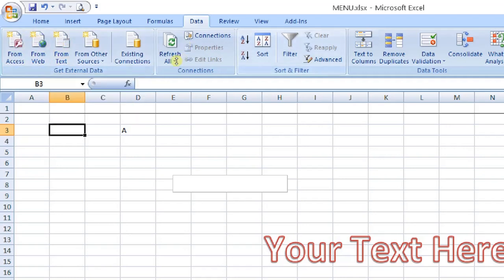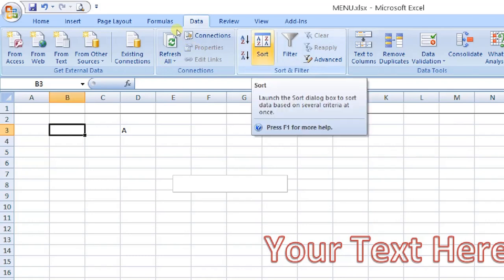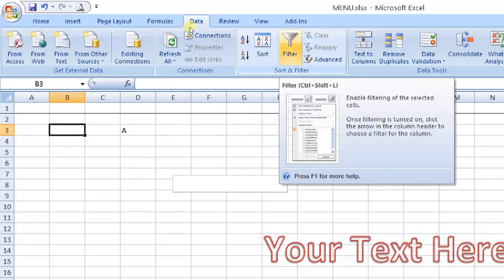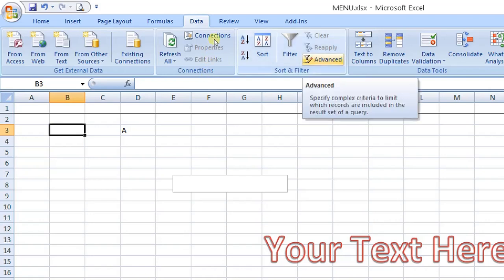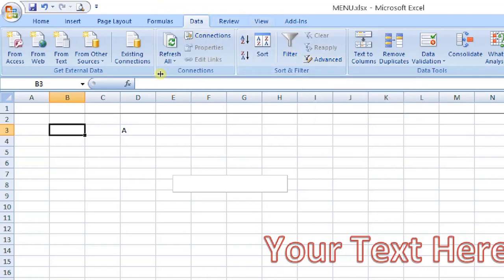The next one is sort and filter. As we discussed in the home tab, sort and filter is very useful for preparing a large database and taking some excerpts from a larger database and arranging it in a particular format, applying the advanced filter. This is a very critical and useful functionality of Excel.